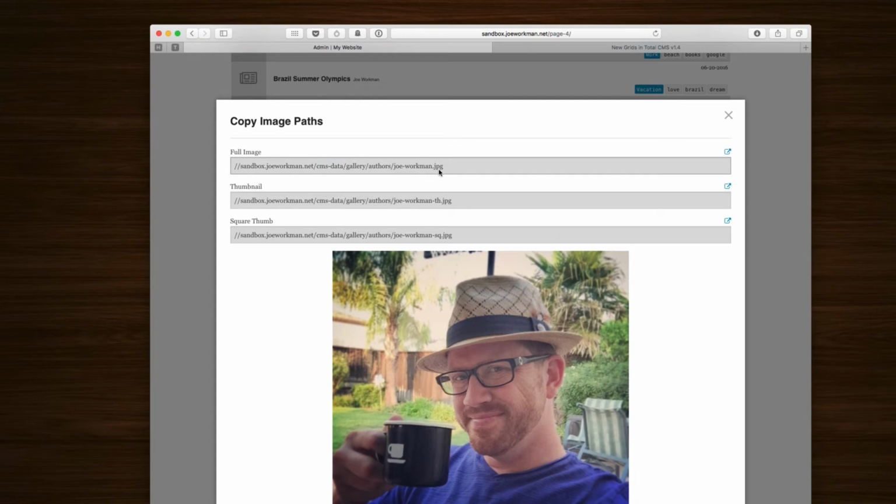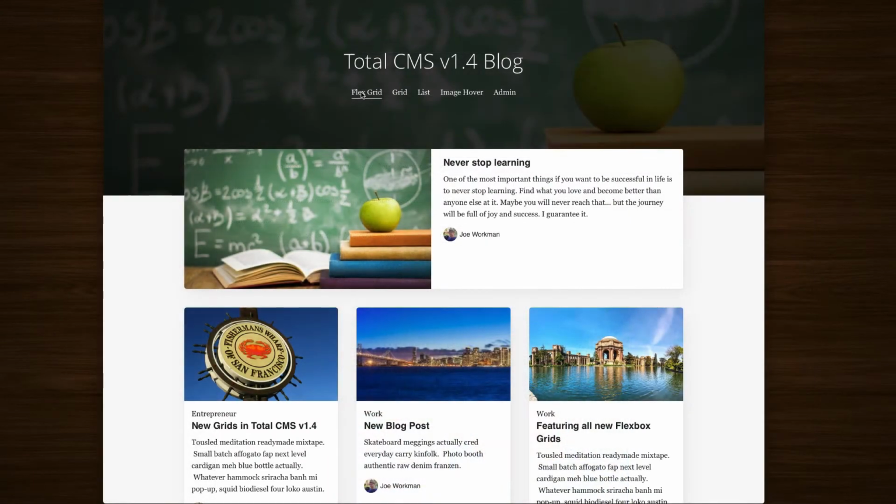Okay, this is very important because in order for it to be associated with me, Joe Workman, I need to just make sure that I name the image properly. Okay, and it needs to be my name where the spaces are now dashes. So if you are ever nervous about the name that you need to name your author or your category or